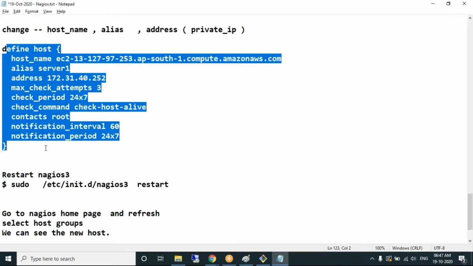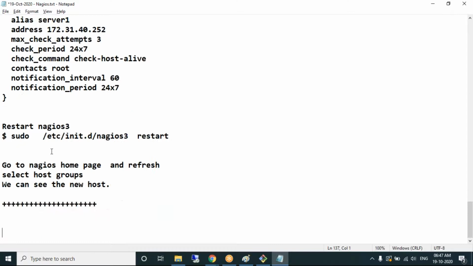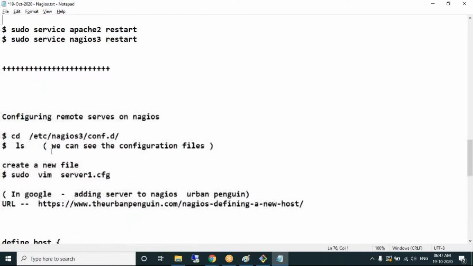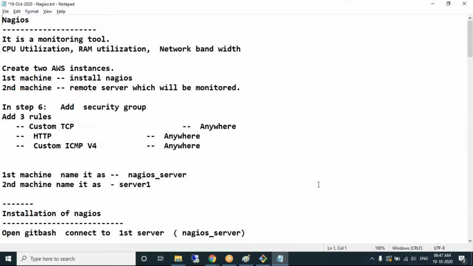This is what we do, and then once it is added, there'll be one special team called the monitoring team, which will be one among our operations team. They'll regularly glance at the Nagios dashboard just to make sure that everything is okay. So this is how we will be using Nagios in on-premises infrastructure to check whether the machines are perfectly running or not. Clear?